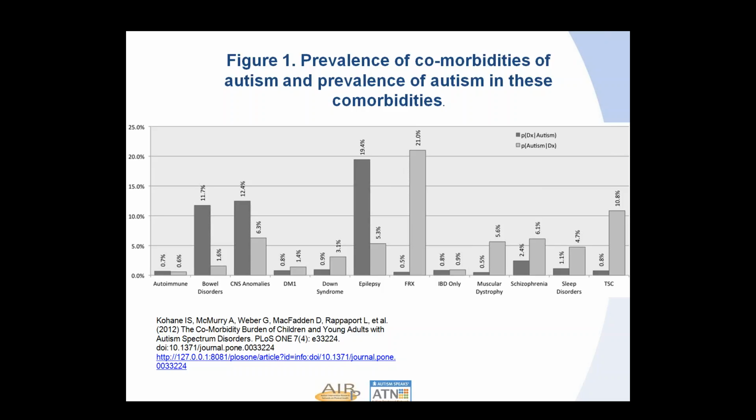But we look at that gray column, and the proportion of people with Fragile X who have autism is about 21%. So autism occurs very commonly with Fragile X, but it doesn't explain why we're seeing so much autism, because Fragile X is only less than 1% of all people with autism. So this study and the data presented here, I think, is very important for us to look at and see that there are some comorbidities that are occurring far more frequently in autism. Next slide.